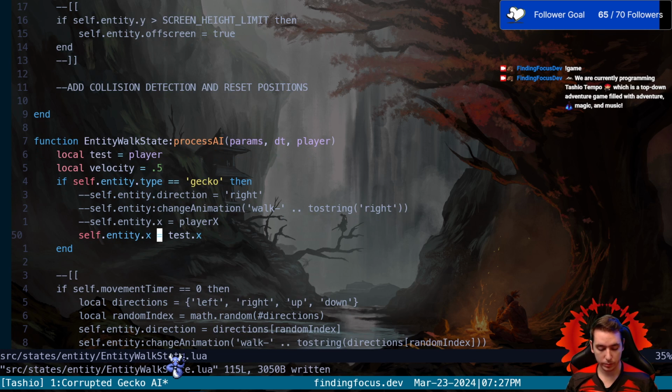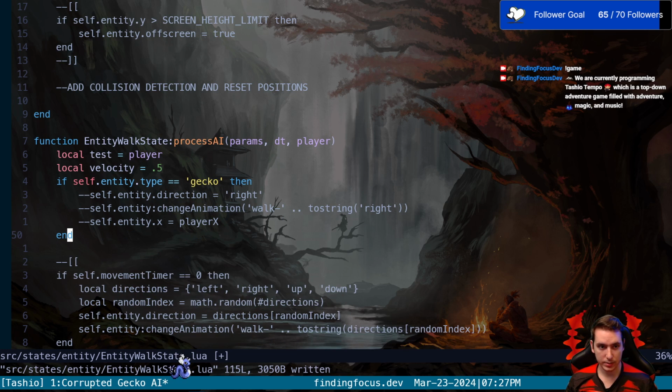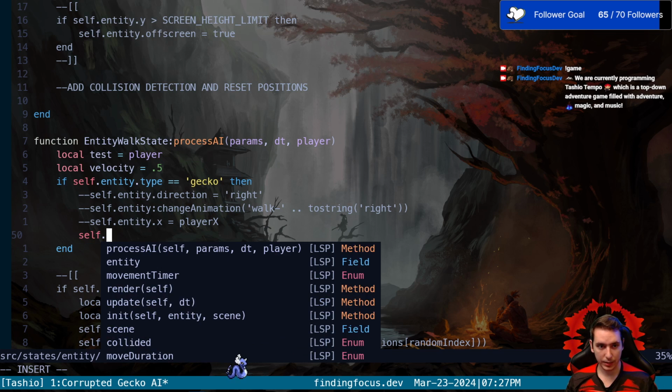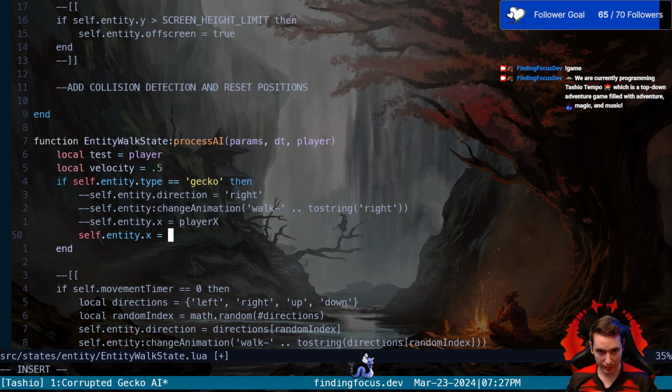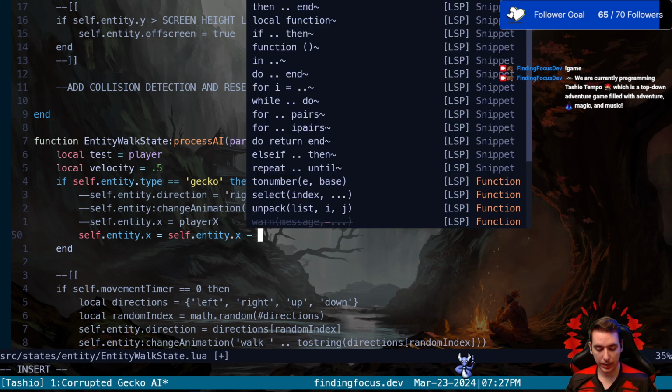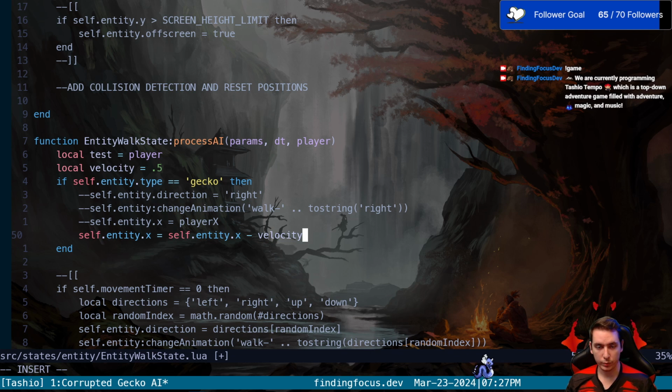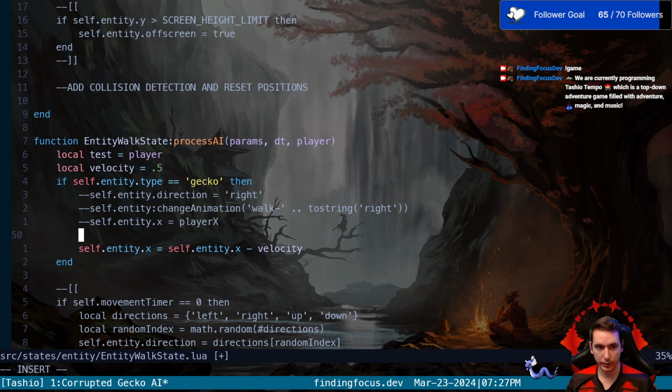And all we're going to do is, if our entity is of type gecko, we're going to take our entity, we're going to move its X to be equal to its current X minus velocity, which is move it to the left. But we only want to move it to the left if our self.entities X is greater than our